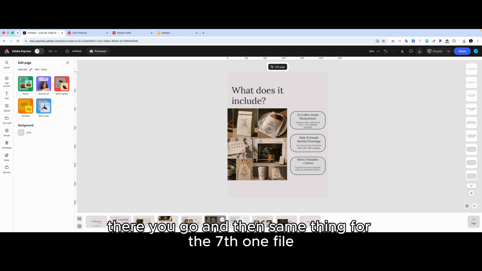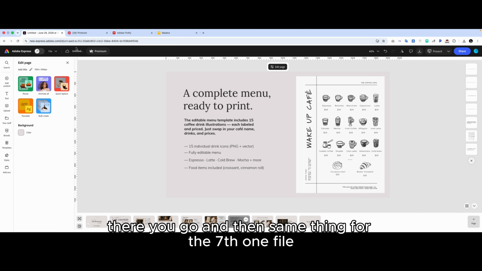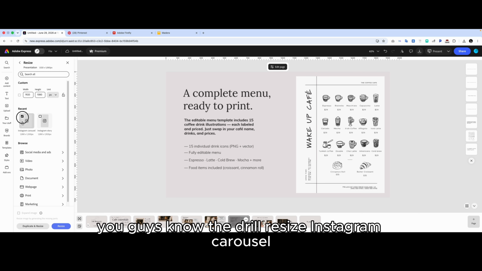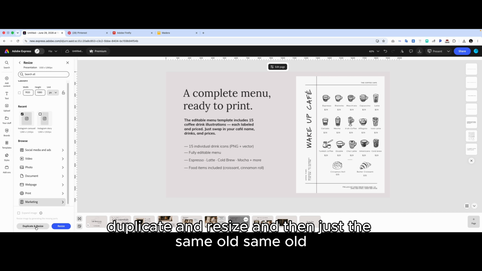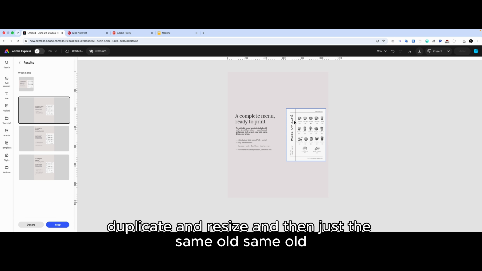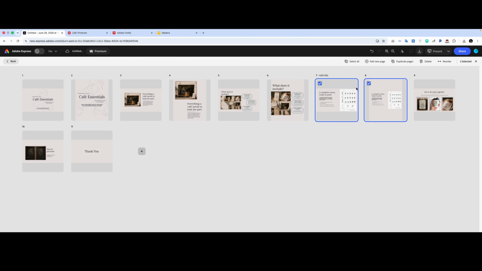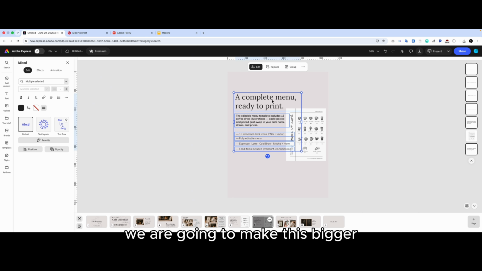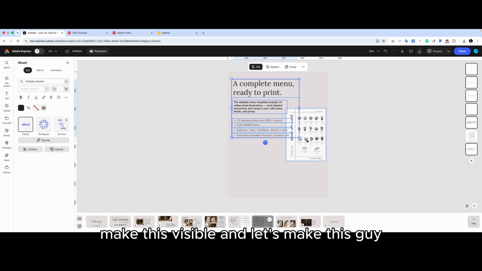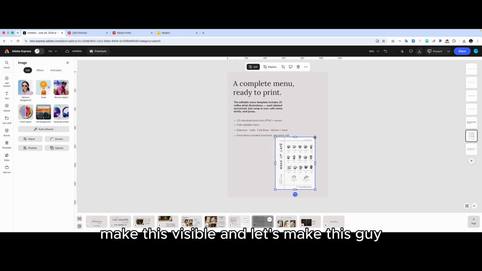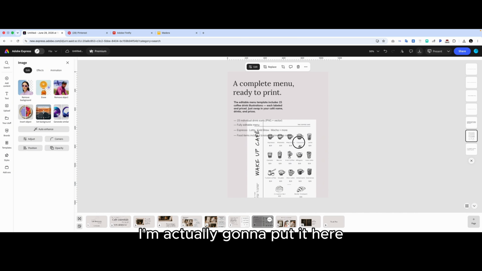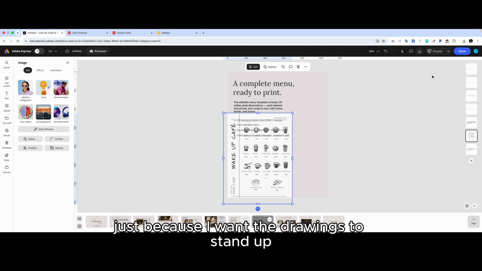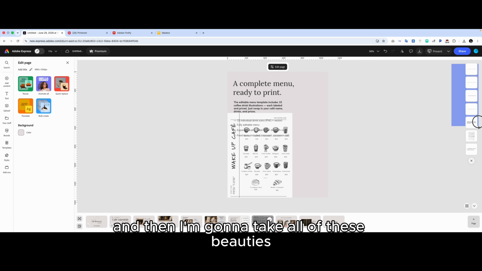And then same thing for the 7th one, file, you guys know the drill: resize, Instagram carousel, duplicate and resize, and then just the same old, same old. We are going to make this bigger, make this visible, and let's make this guy. I'm actually going to put it here just because I want the drawings to stand up. And then I'm going to take all of these beauties